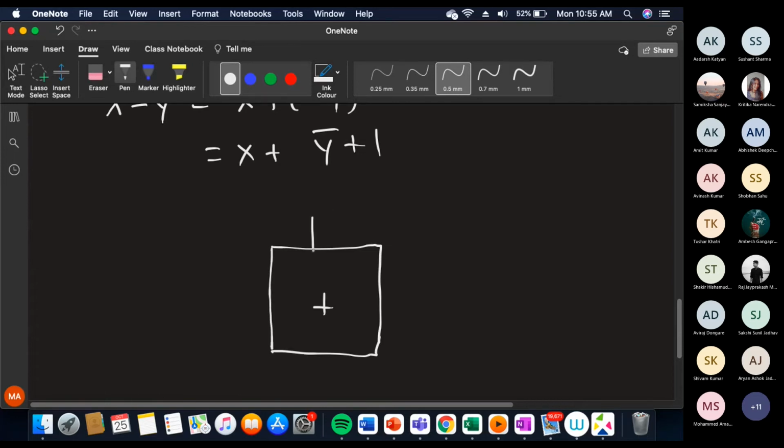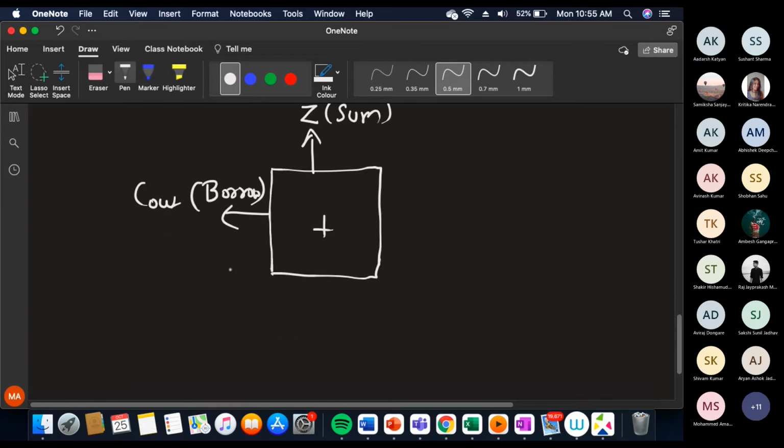इस adder का output क्या होगा? What is the output of an adder? Any adder, what is the output? It is the Z, which is the sum. Along with that, we have a C out, which is the carry. But because you are performing subtraction, it won't be a carry, but it would be a borrow. Barabar? Is that clear? Yes, sir.